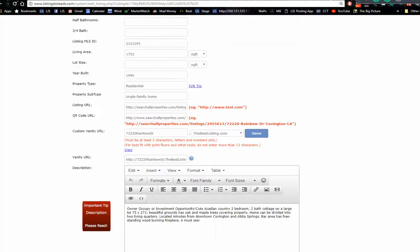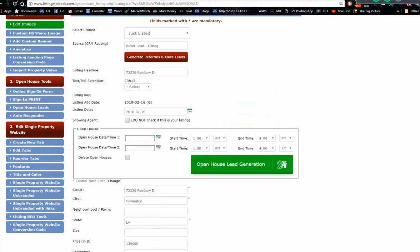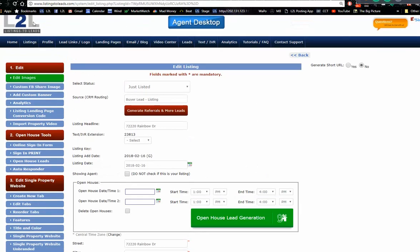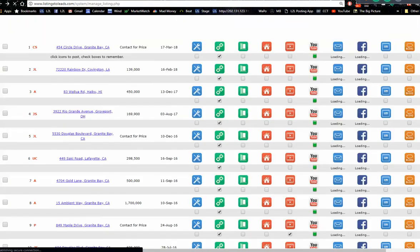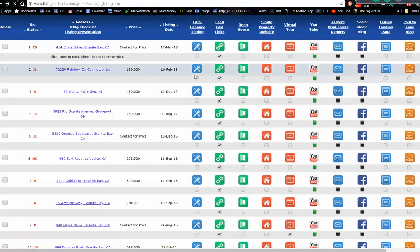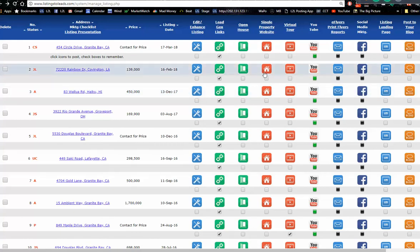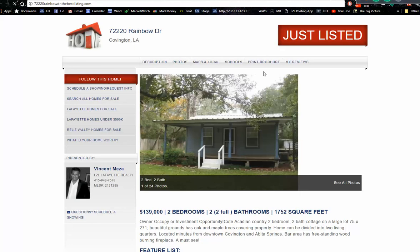So this property is Covington. What's the address there? Let's go look at that. Before we change it, let's look at that together. Because I think this is a big thing. A lot of agents like this and a lot of agents don't like this, and it's a good question to ask. When you look at a single property website,